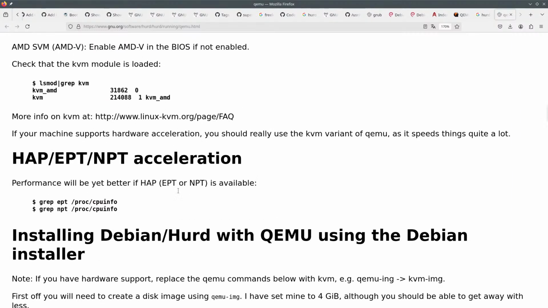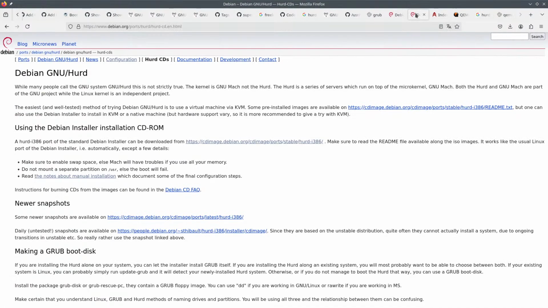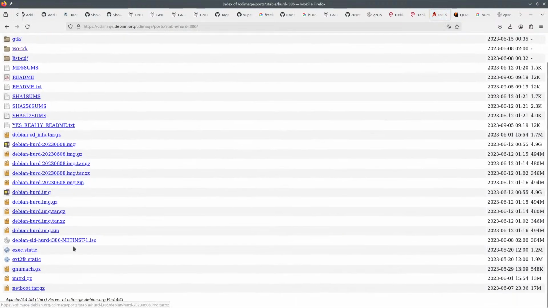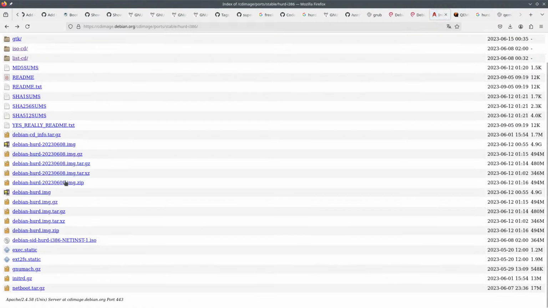I was trying to install this new Hurd thing, but it needs network, because I think we don't have a full download, it's not netinst. So there's no ISO with everything in it, there's the netinst and so on. So, wait a minute.